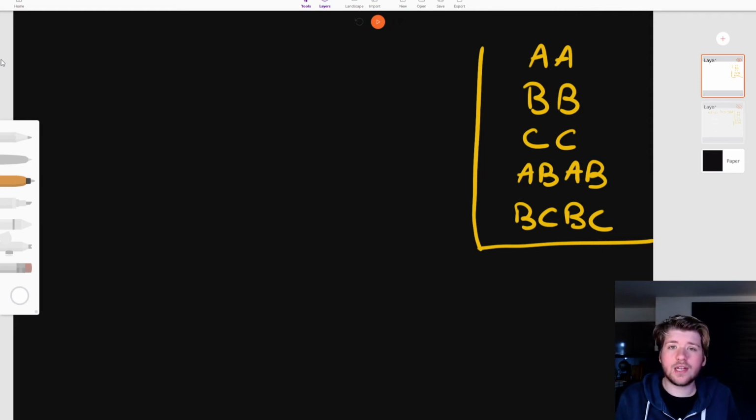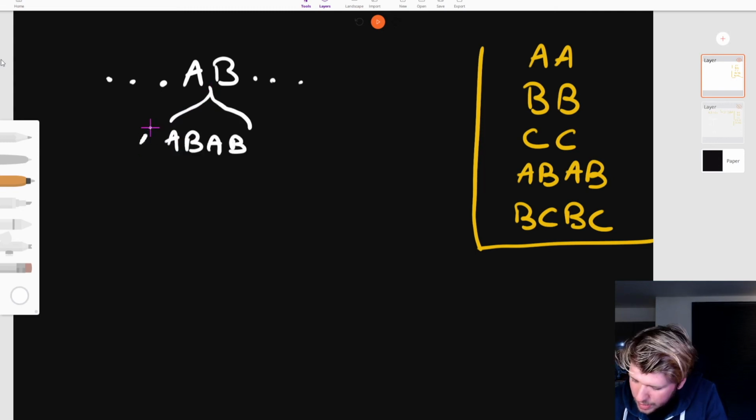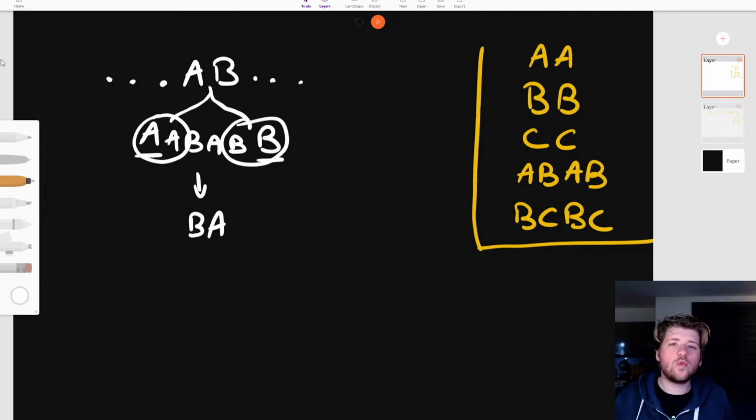The second thing that you can notice is that a letter B can pretty much move freely inside the string. Let me demonstrate. Let's assume that in a string we have an AB surrounded by maybe other stuff. It doesn't really matter. In that case, we can insert AB here, keep the A and the B that were original in the string. Then we can simply remove those two groups of A and B, and we will be left with BA. So as you can see, we have inverted the positions of A and B, and since all operations are symmetrical, we can also invert in the other direction. So a B can move through an A in the string, and we can do the exact same with a C, following the same logic but inserting BC instead.